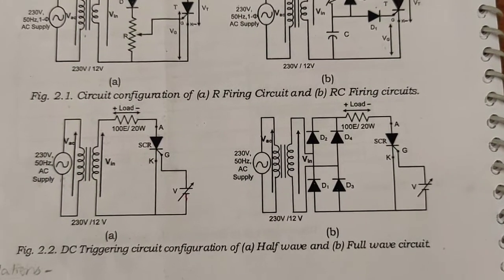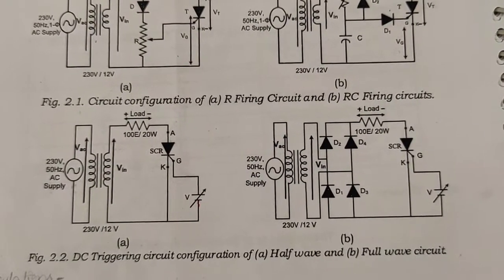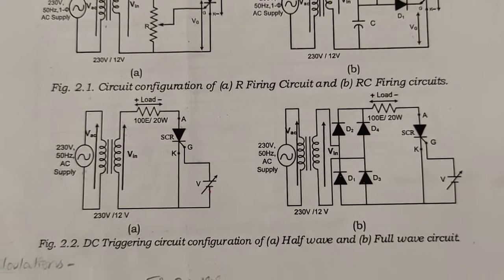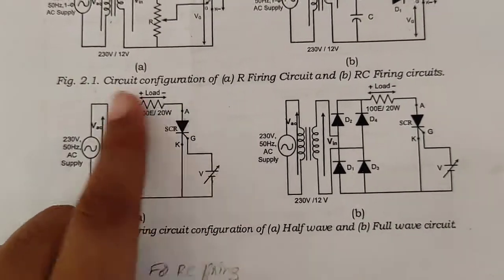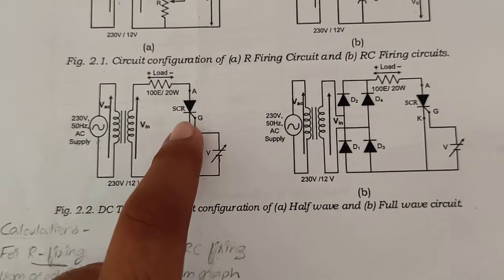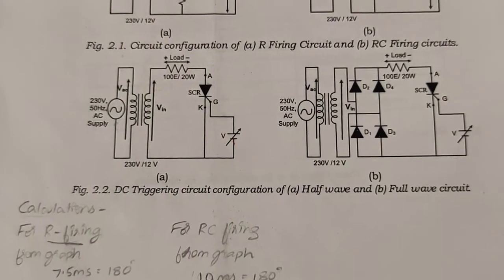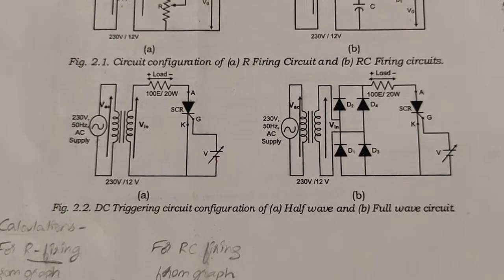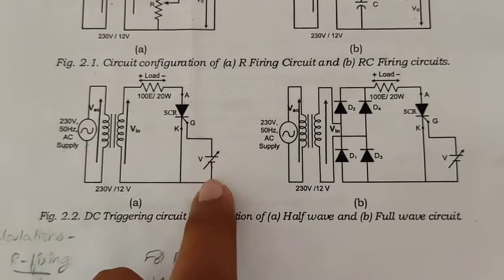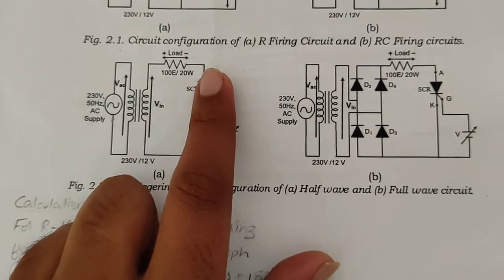Hi everyone. In the previous video, we have done the DC triggering circuit for half wave configuration. This is our half wave configuration circuit, where the triggering is applied with the help of a variable DC supply, or a regulated power supply. With the help of the DC regulated power supply, we have triggered the gate of this SCR